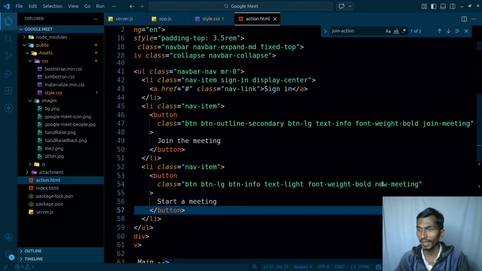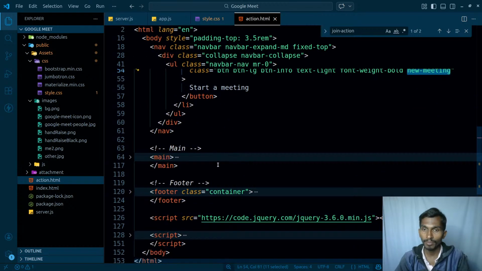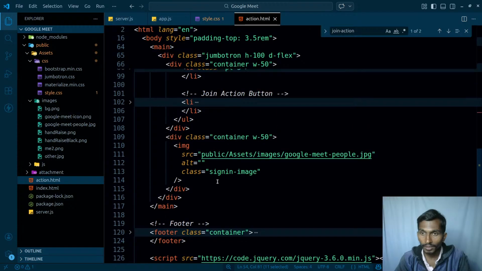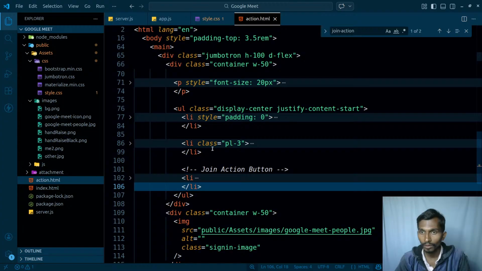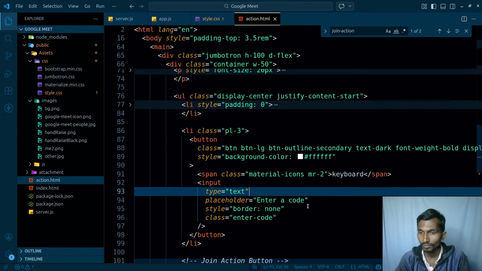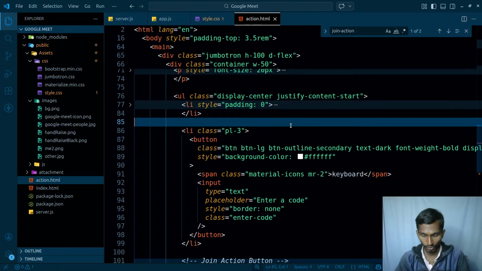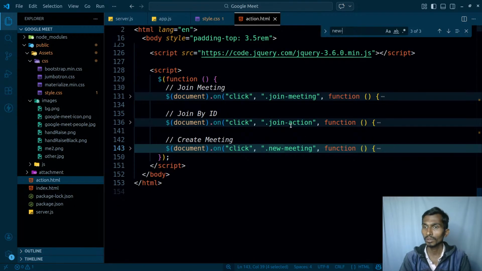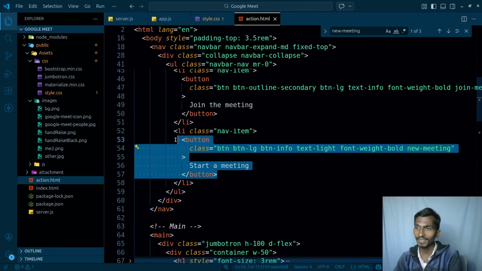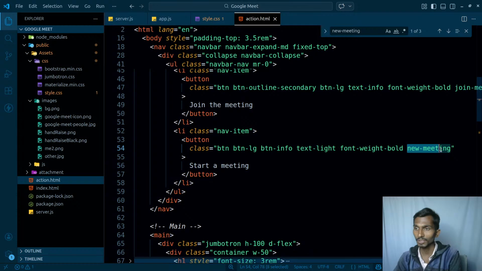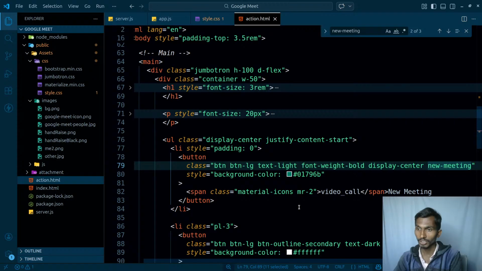And this start meeting button has a class called new meeting, and similarly in my main tag. Let's do one thing, Control plus F, new meeting, just like this. I have it in 3 places, so this is one of the first ones. Whenever I click on the start button, it has the new class, so that will be triggered. And apart from this, this other button, new meeting, has the same class. So ultimately, when 2 elements have the same class,